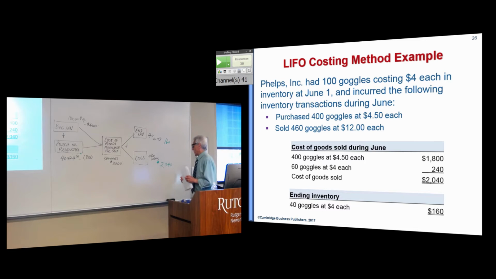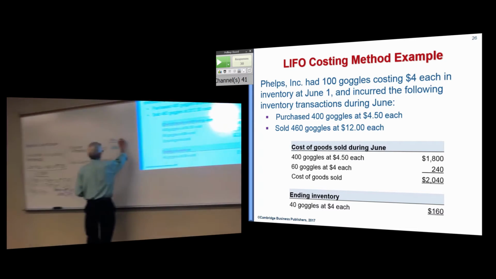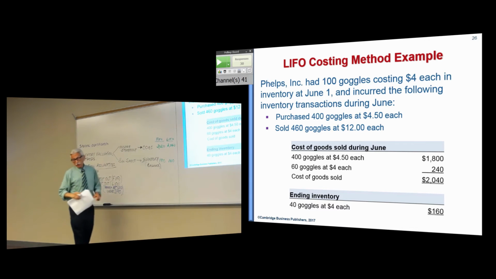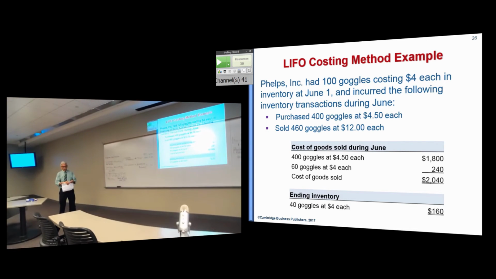So when you look at the LIFO approach, cost of goods sold, again, it has to add up to 2,200. Cost of goods sold is 2,040, and ending inventory is 160. All right, so let's make sure that